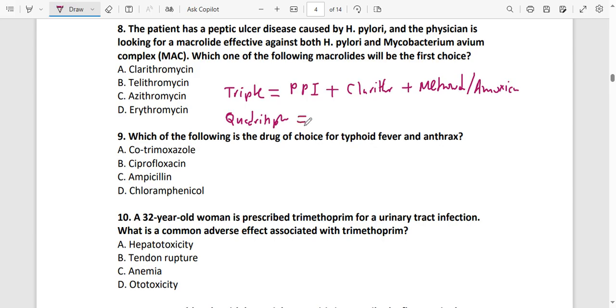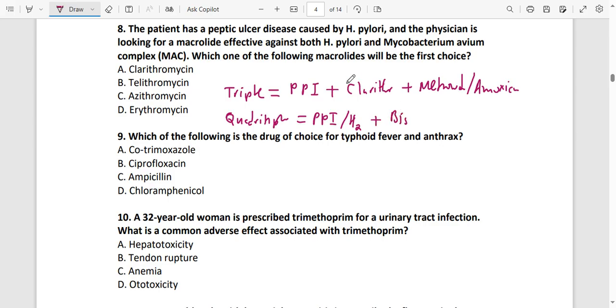For the quadruple therapy, here you are using four things. You can as well substitute the metronidazole or amoxicillin with a tetracycline. Take note of that. So you can use a proton pump inhibitor, or you can use an H2 antagonist, because remember your histamine promotes the production of acid. So whether proton pump inhibitor or H2 antagonist,